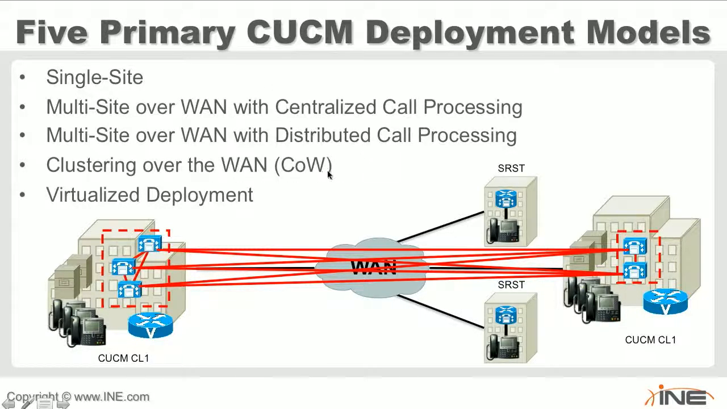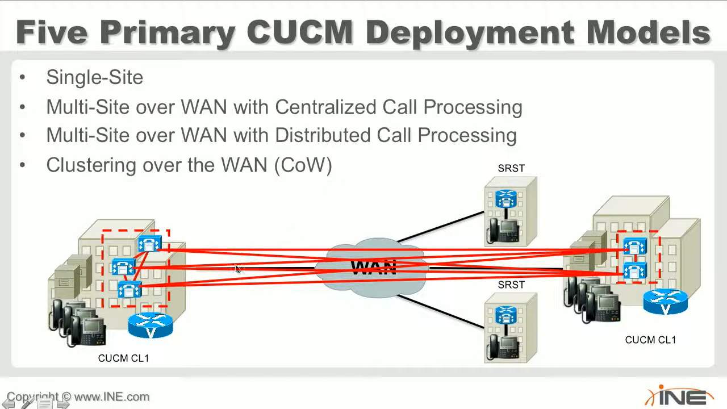Now, clustering over the WAN does have some restrictions. With clustering over the WAN, we have to make sure that our round trip latency is 80 milliseconds or less. We're actually going to talk about it a little more, so I just want to point out that we have to have a certain amount of bandwidth, and I believe we're going to talk a lot more about it in CIPT2 when we actually discuss multi-site